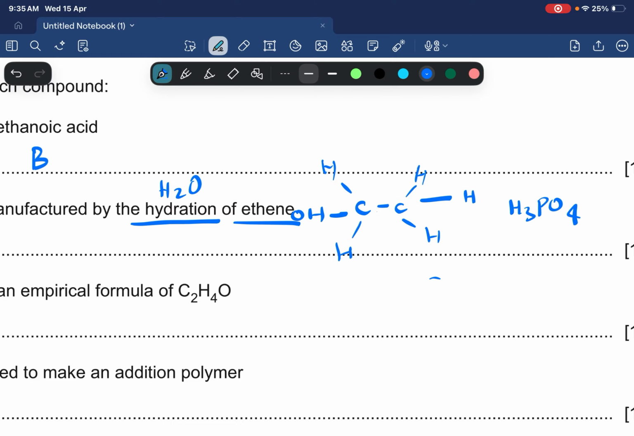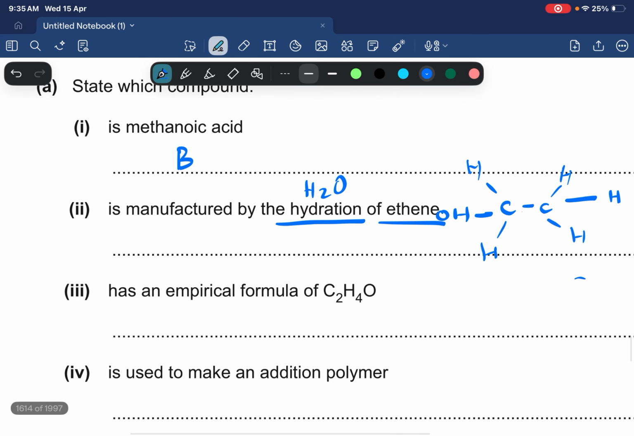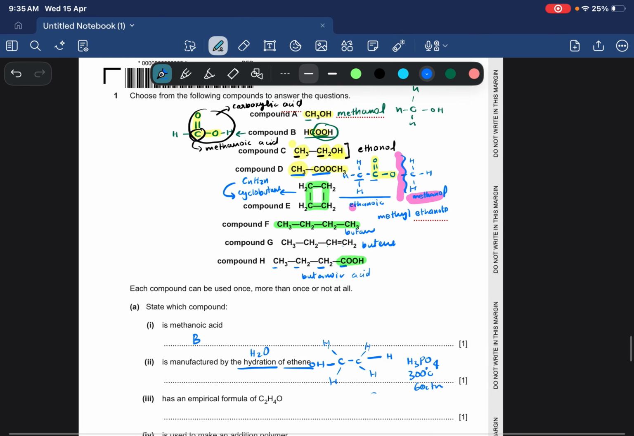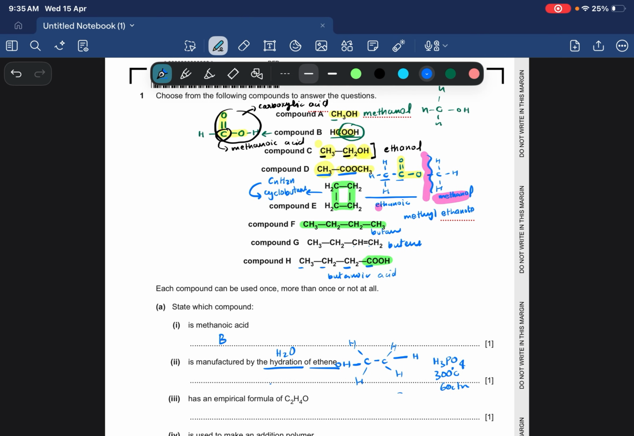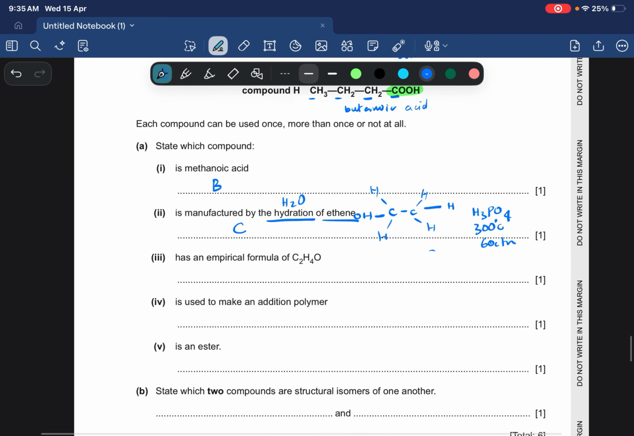You need a certain temperature, that's 300 degrees Celsius. You need 60 atm pressure and all that stuff. You need to remember this for the hydration of alkene. So we form ethanol. Where is ethanol? Compound C is ethanol. Has the empirical formula